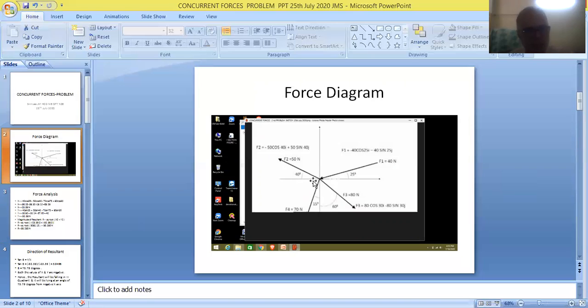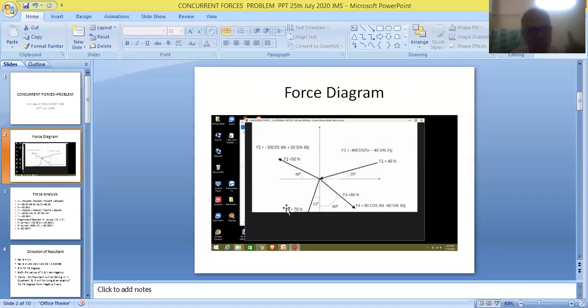So sigma x is obtained as a negative value after making calculations, after solving the problem. Sigma y is also obtained as a negative value. So friends, this resultant will be falling in the third quadrant. He's asking us to mention the location of the resultant of all these forces. As per the values obtained in the problem, the resultant will be falling in the third quadrant. That is the location of the resultant.